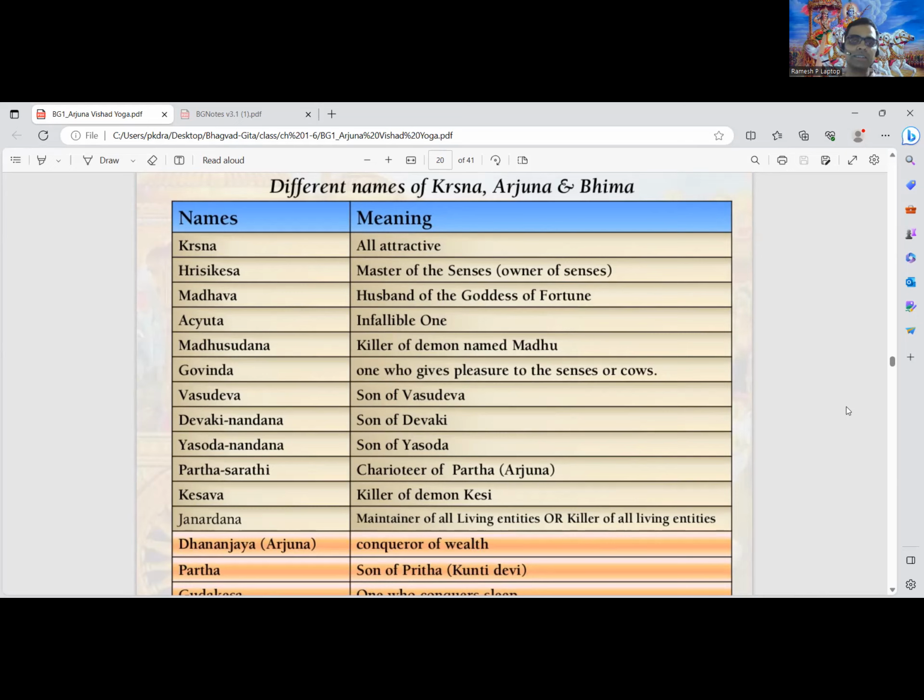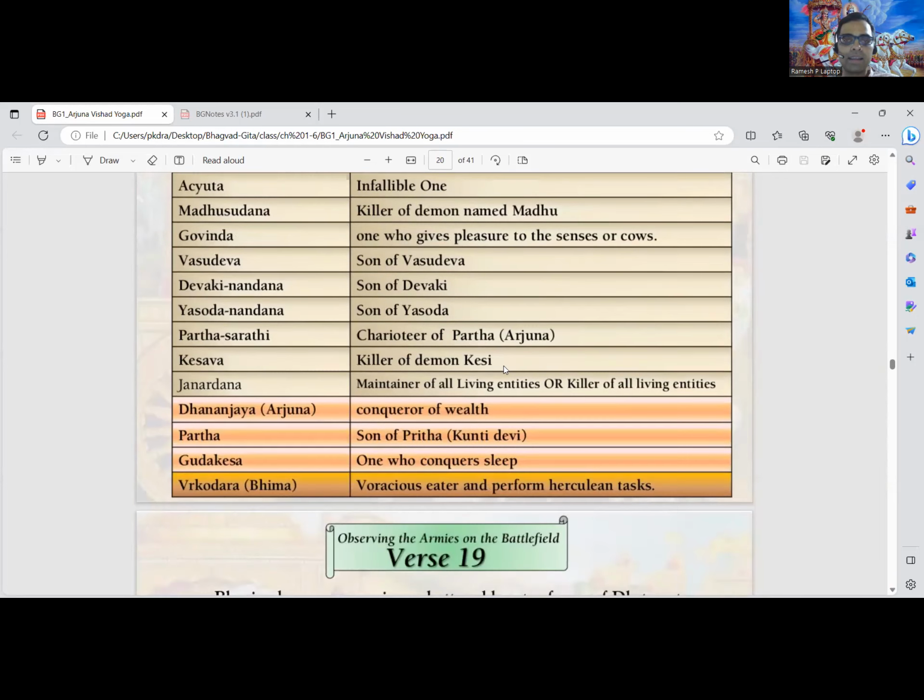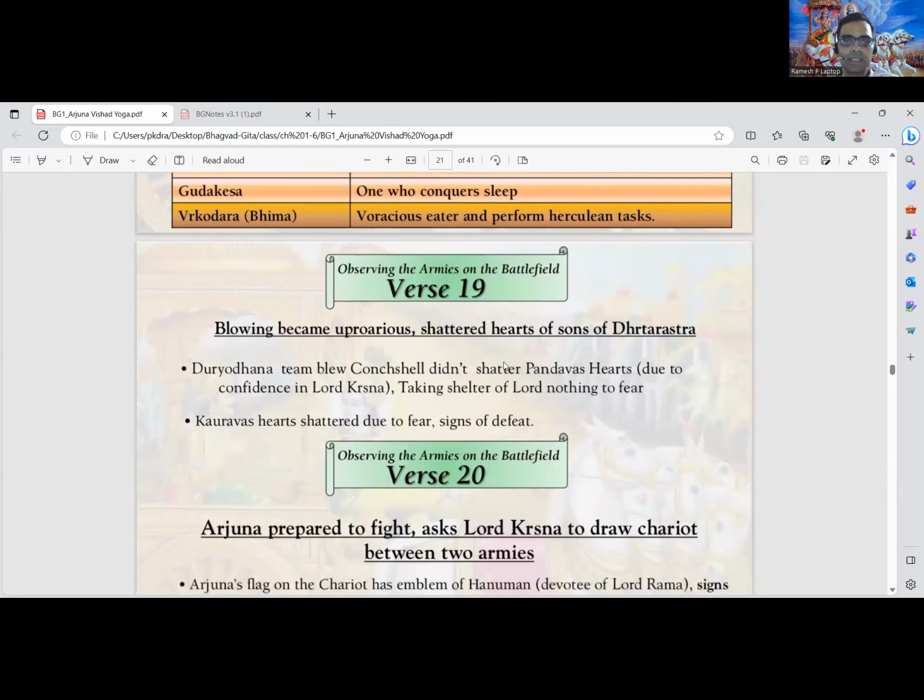So among these, the son of Yashoda, Yashoda Nandan, is very dear to him, because the pastimes he had with Mother Yashoda are altogether different. If you want to read those details, we have the Krishna book, wherein you'll find so many pastimes of Lord Krishna. And so this is what has happened.